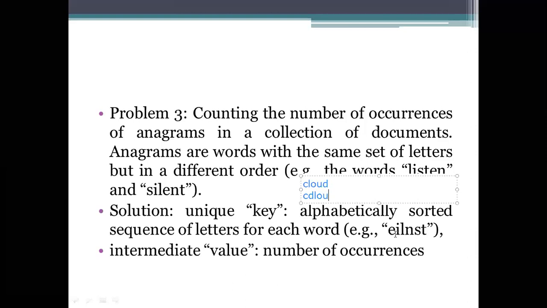If it has the size of 6 and uses these letters, then it will be considered a unique answer, or you can say the solution.